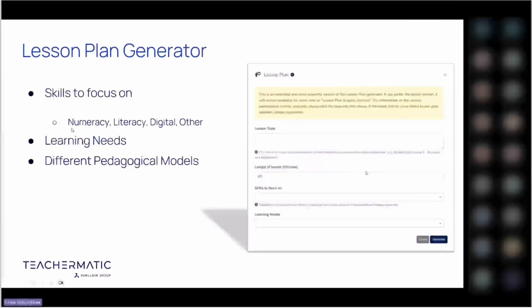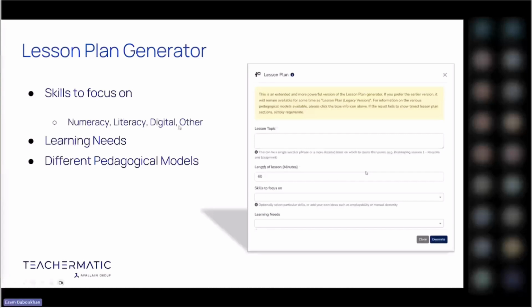The first one we're going to look at is the lesson plan generator. The lesson plan generator is a fantastic tool that provides teachers with a strong foundational framework. So it makes it much easier and faster to get started with lesson planning. It significantly reduces the time and energy required for those initial steps, offering a solid starting point. Just remember, view it as a strong first draft, something that you need to build upon.